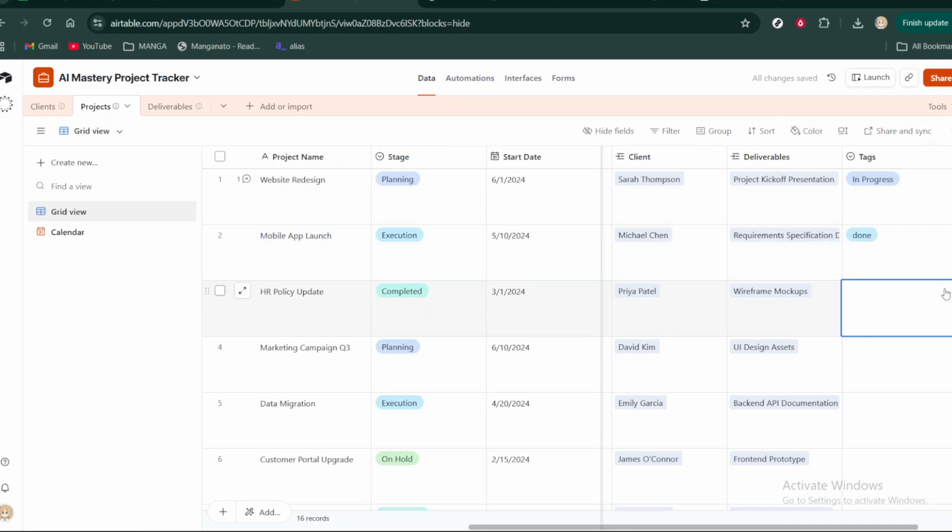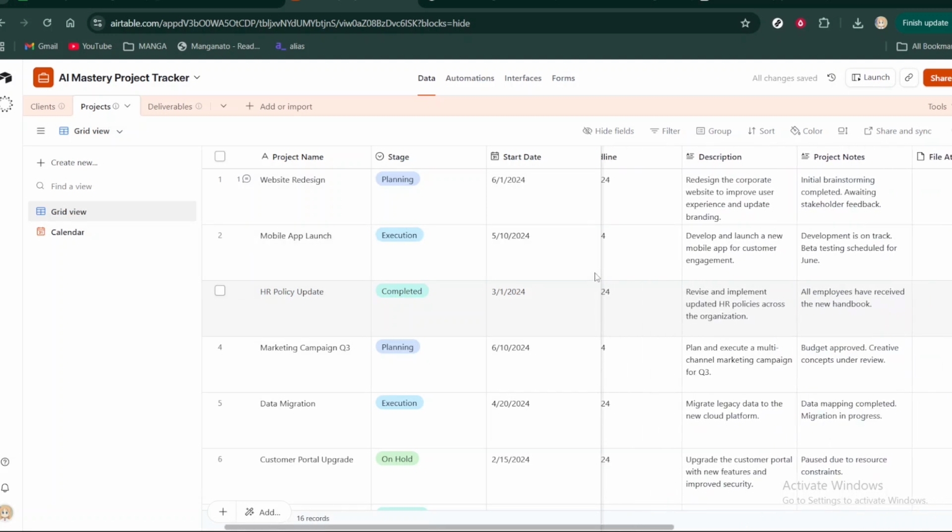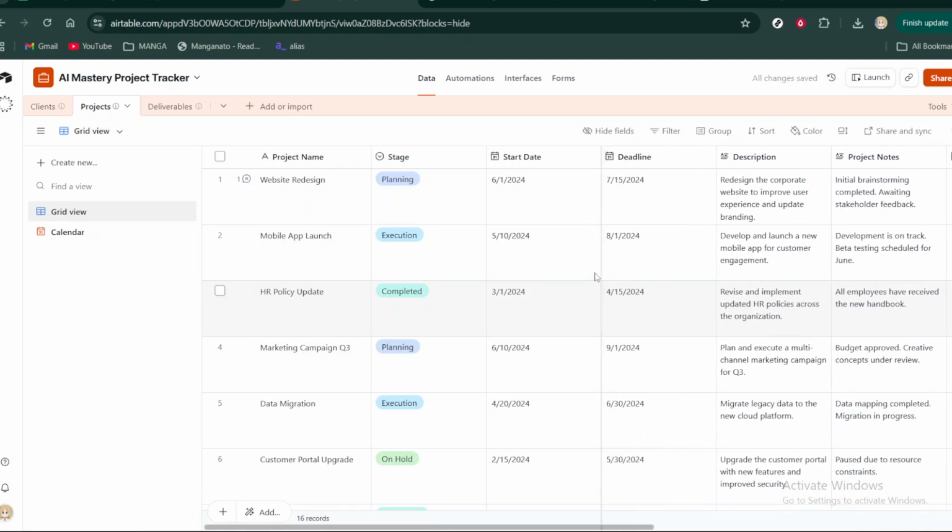Use singular nouns, avoid special characters, and keep capitalization uniform. Later, these tags become powerful in views. You can group, sort, or filter by tag to focus on exactly what you need. That's it. You've turned a simple